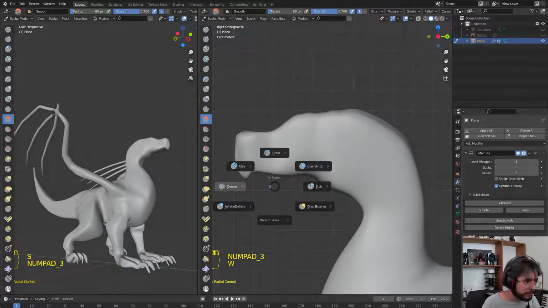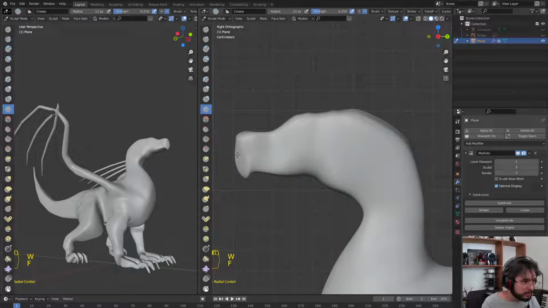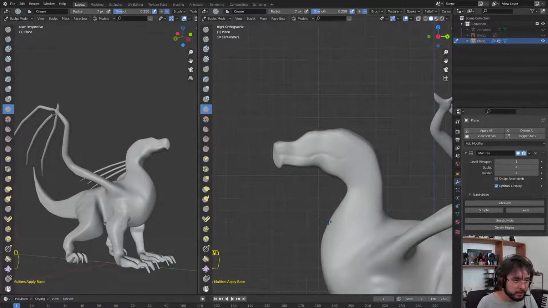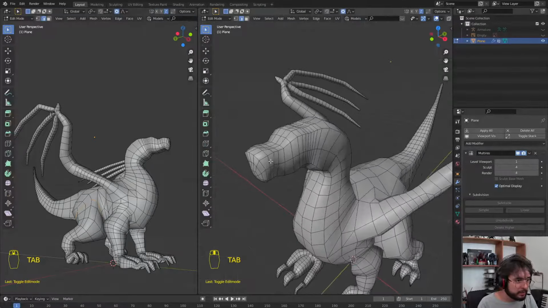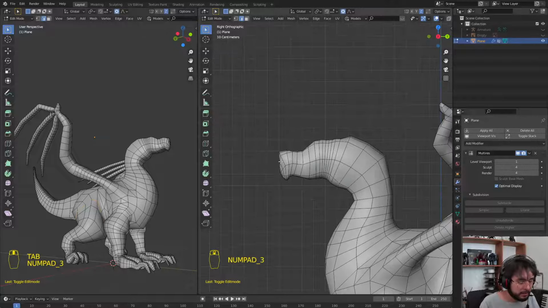Okay, so with the crease, we are going to make here the face. You know what? Let's add another subdivision. Okay, I am going to apply the apply base again. So I can go here and